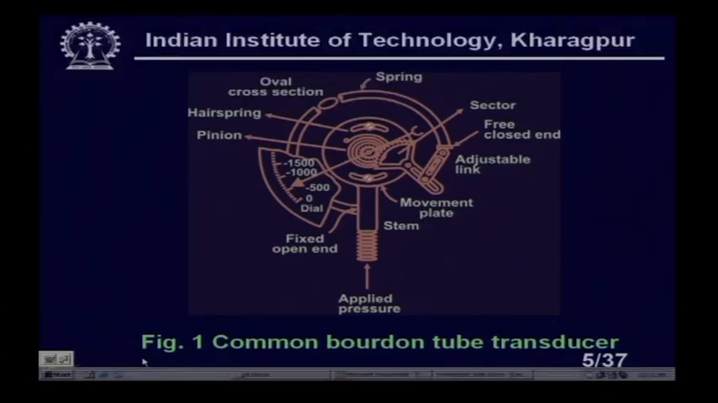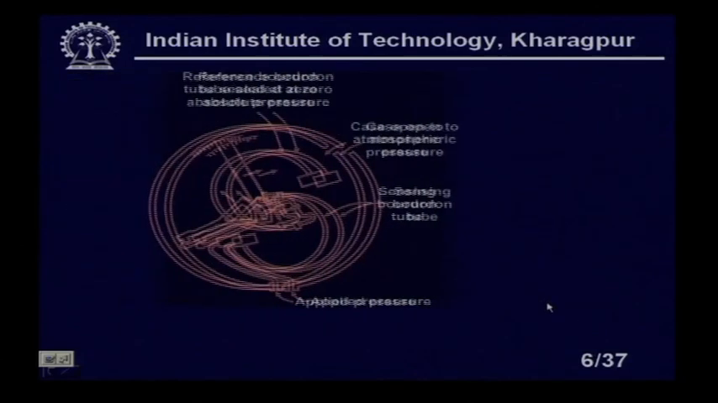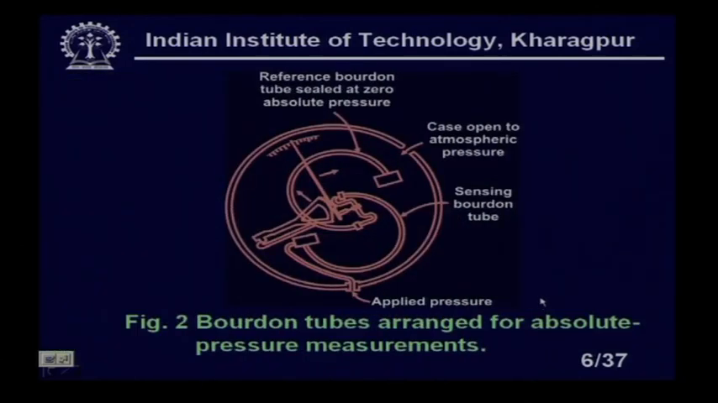Now, see that this is the Bourdon tube arranged for absolute pressure measurements. You see what will happen here, we have a case open to atmospheric pressure, we have a sensing Bourdon tube here. This is the applied pressure here. So, there are two C tubes actually connected back to back. If I connect two C tubes back to back, now the reference Bourdon tube is sealed at 0 absolute pressure,